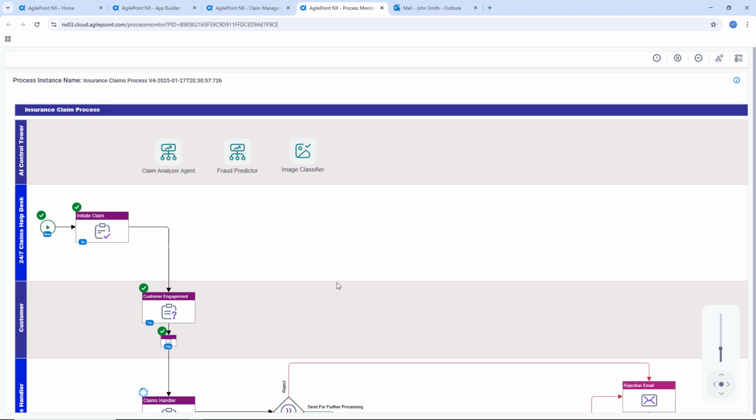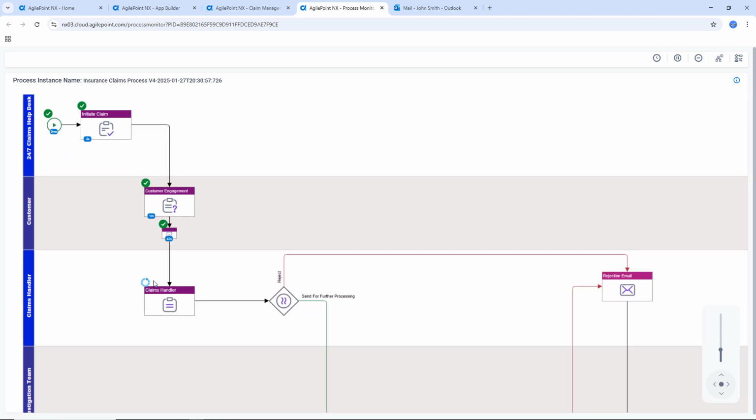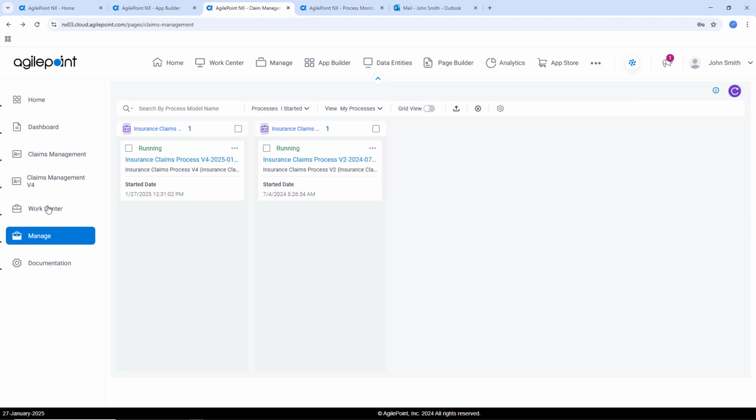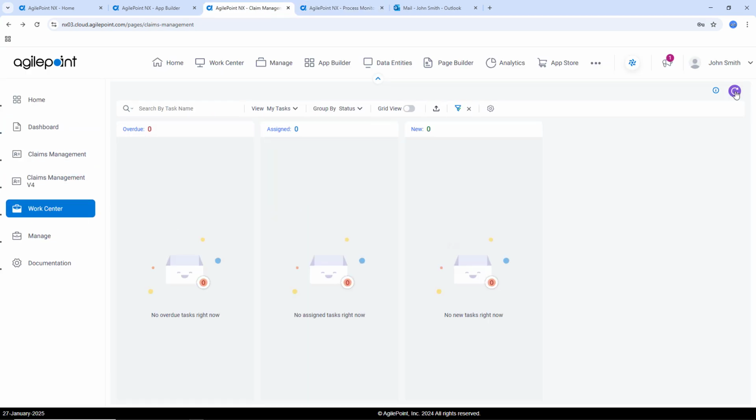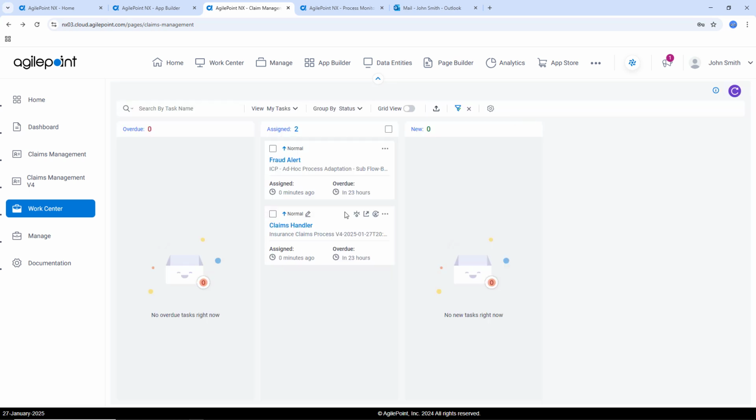So looking at our Happy Path visualizer here, it shows that there is a currently active step with the claims handler. Now that being said, if I go back into my task list and refresh it, we're going to see that there are two currently active steps, not just for the claims handler, but that also a fraud alert has been raised. Now, because of this, we've actually paused all of those downstream steps in the workflow,